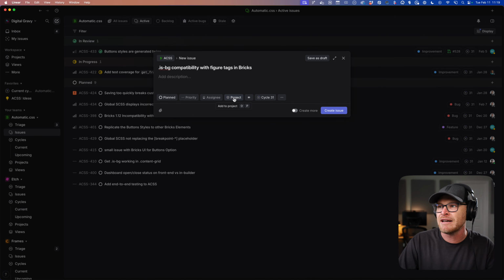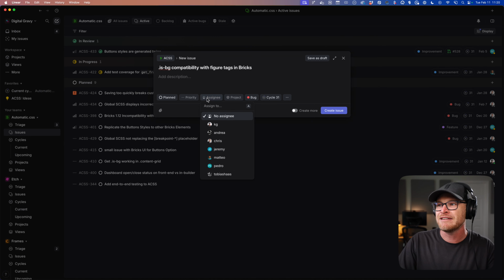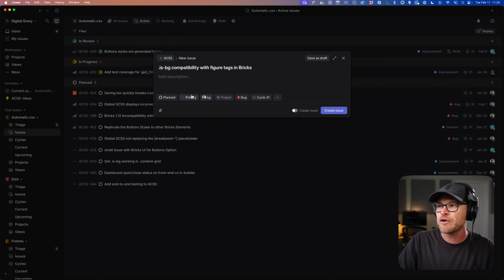Bricks has a love-hate relationship with how it lets you manage figure tags. It obviously creates a ghost DOM element that you have no control over, and then it itself doesn't even know what it's applying styles to. If you apply CSS, it applies it to the figure tag. If you apply data attributes to the figure element, it actually applies them to the image element. It's a mess. This is one of the reasons why we need a flagship builder, so that we don't have these kinds of issues that we constantly have to work around.